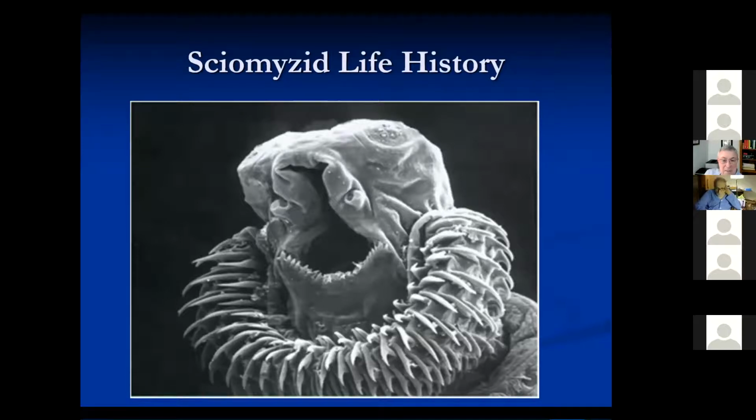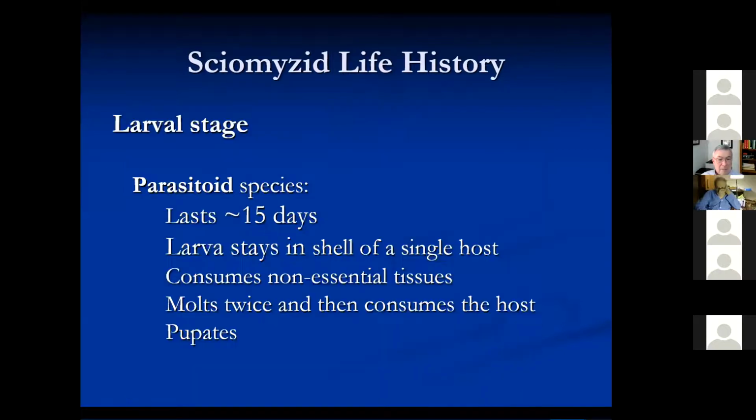As far as that nasty collar of hooks around the outside, imagine that you're one of these larvae and you've just sunk your hooks into a mucilaginous glob of snail flesh. It's going to be trying to retract into the shell, and what you've got around your neck is, as you pull away, it's going to grab onto that flesh and pull the muscle mass of the foot of that snail into the oral cavity. And then you just work your way forward until you've got a mouthful,